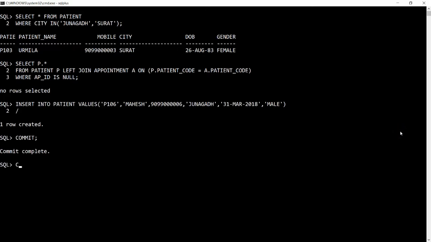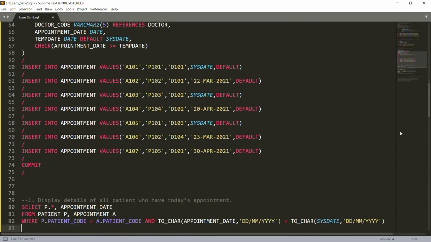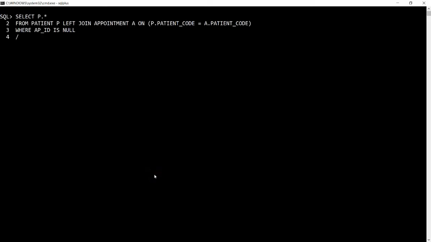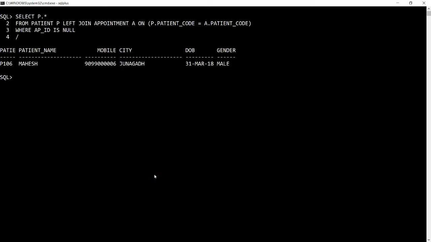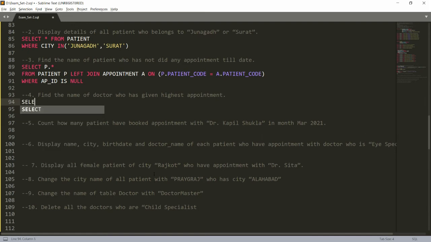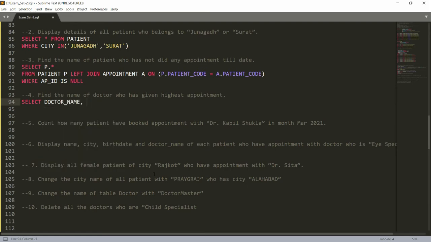Record is created. Now, Mahesh is the person P106, but there is no appointment over here for P106. So now, if you write the same query again, that is the name of the patient who has not had any appointment till date, then you will get the data that Mahesh is the person who has no appointment. Now, the next query: find the name of the doctor who has given the highest appointment. Here we can write select doctor name, comma,